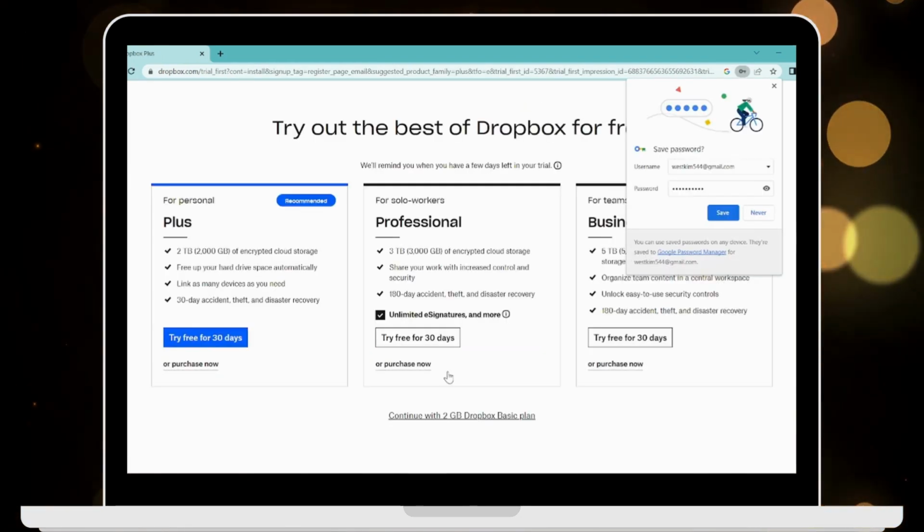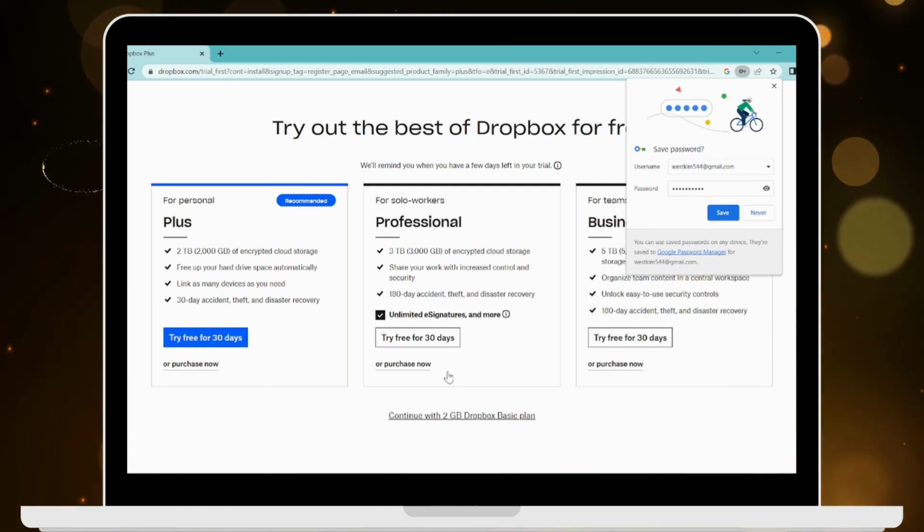And that's it. That's how you create a Dropbox account,